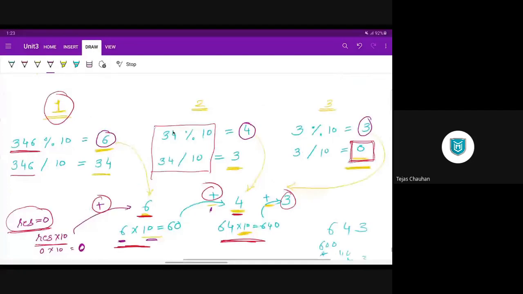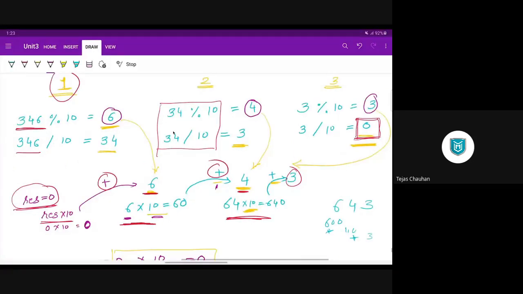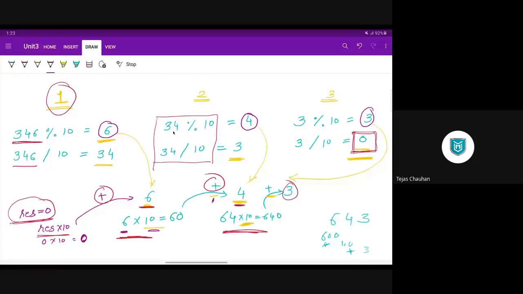Now, how can we get those digits first? That is the question. How can I extract a digit from a number? If I simply go for the modulo 10 operation, then it is going to give me the remainder, and that remainder is going to be the last digit. Now this works with integer numbers only, okay? But here we are going to have a look at the example of a loop. So let's go. For 346, if I take modulo 10, then the last digit 6 will be extracted.